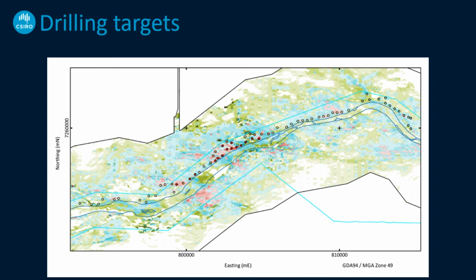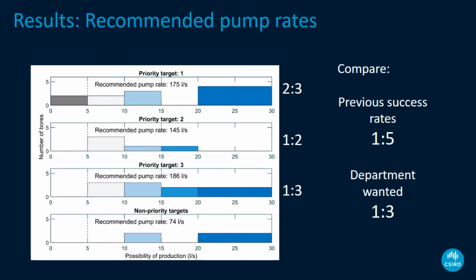So everything that was further away from the existing network, I downgraded in priority. And everything that was along here, where these things are thick and deep and low conductivity, I said, those are my priority ones. These are the places that you should go and drill first. And it turns out that if you did that,